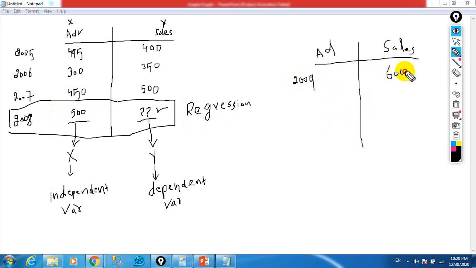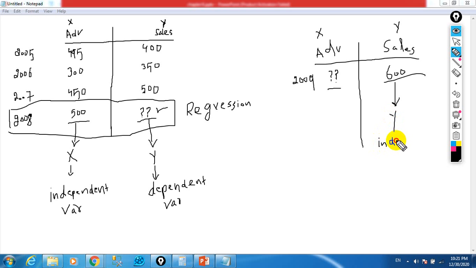So now what will the advertisement be? How much advertisement should we do? This is X, this is Y. So now in this case Y is given and X is required. So now Y is the independent variable